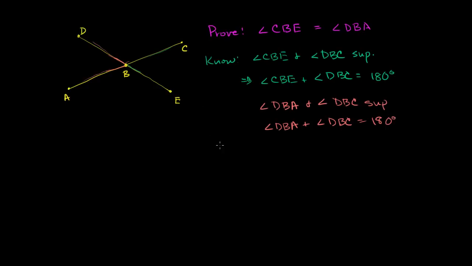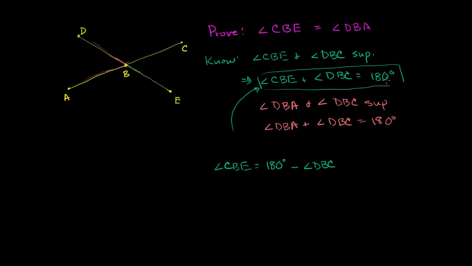Now, from this top statement over here, we can subtract angle DBC from both sides, and we get angle CBE is equal to 180 degrees minus angle DBC. That's this information right over here. I just put the angle DBC on the right side, or I subtracted it from both sides of the equation. And this right over here, if I do the exact same thing, subtract angle DBC from both sides of the equation, I get angle DBA is equal to 180 degrees